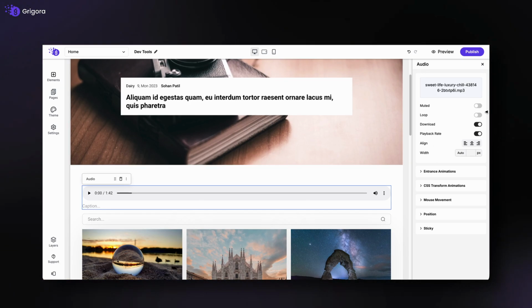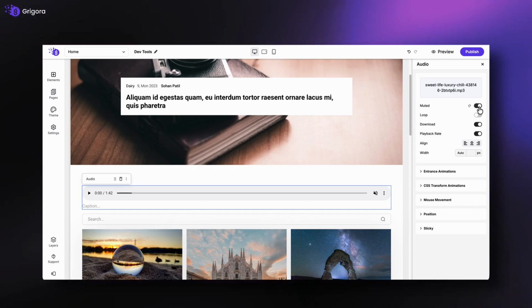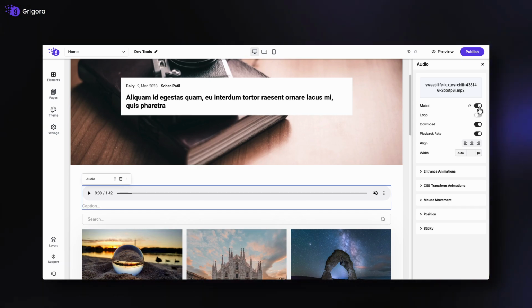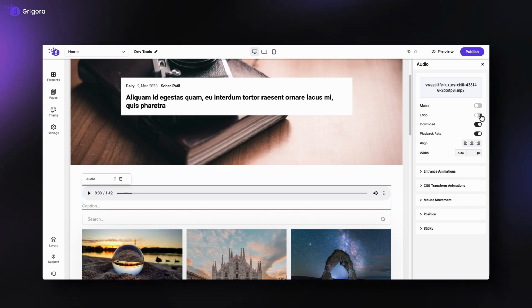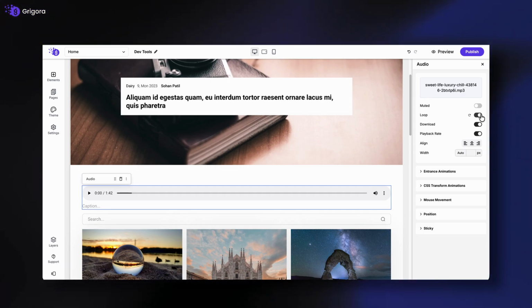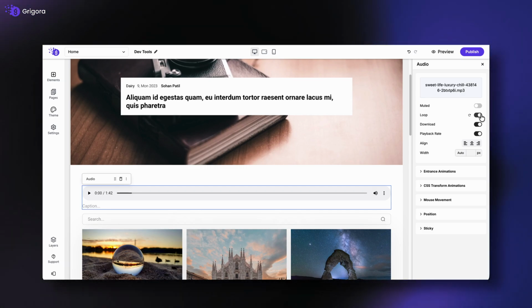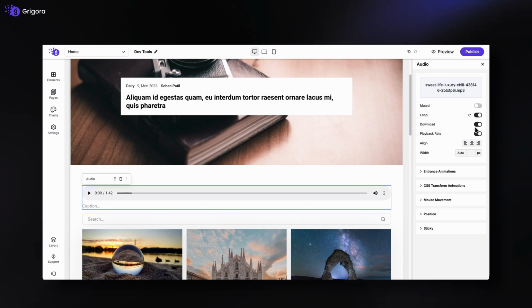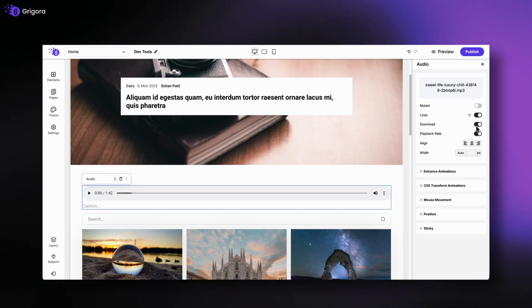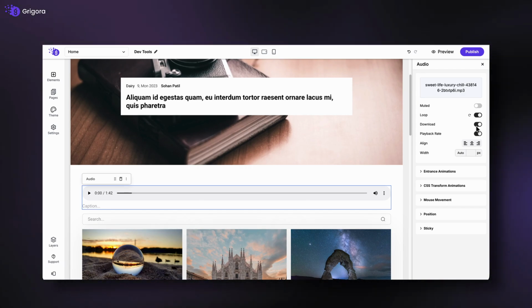If you enable Muted, the audio will start with the sound turned off, and the user can unmute it manually. Turning on Loop will make the audio repeat automatically after it finishes, which is helpful for background tracks or ambient sounds. The Download toggle lets visitors download the audio file directly from the player if you want to provide offline